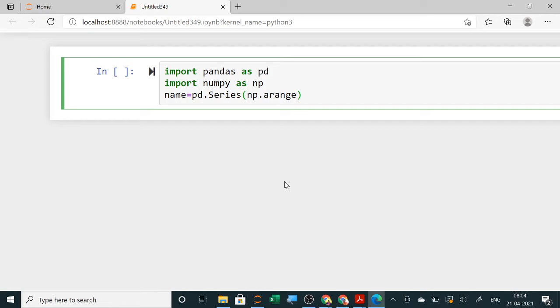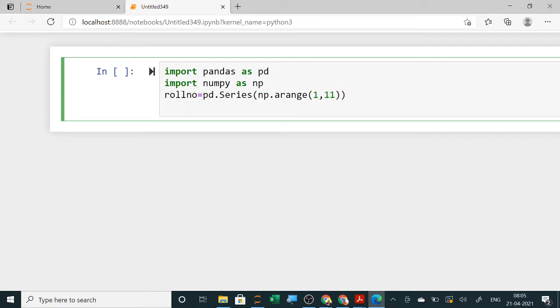So here I will use the np.arange method. Now for np.arange I have to import numpy as np. Next I am starting the roll numbers. So I will take roll number, and here the name I am also changing to roll number, taking the roll numbers from 1 to 11, and then I take the marks. So marks of 10 students I have to give.